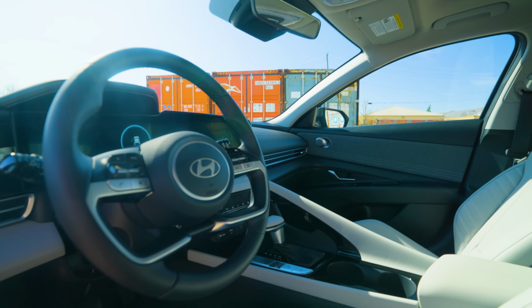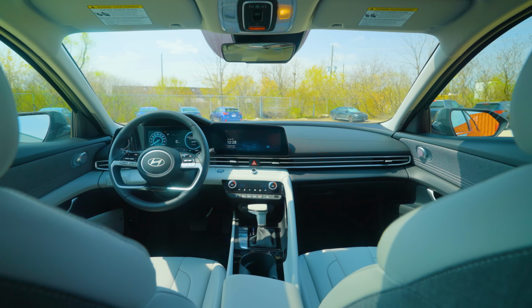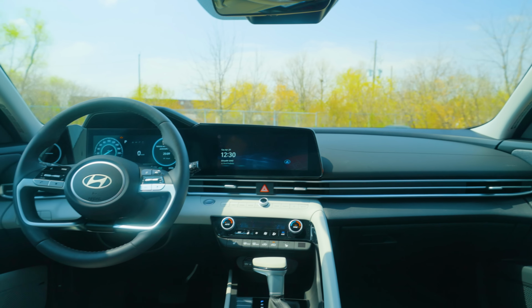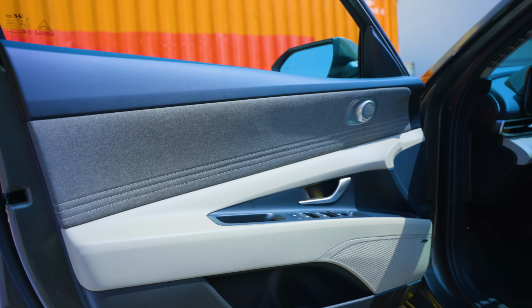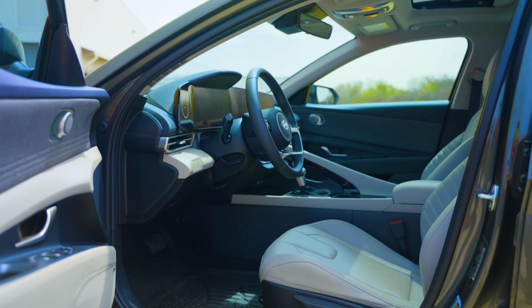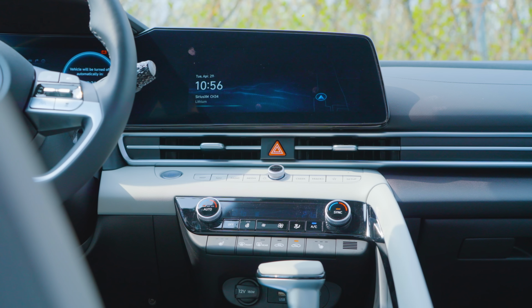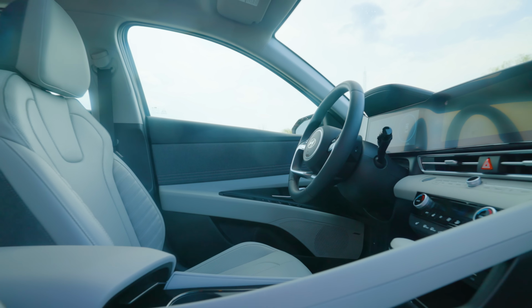There are a lot more materials and colors in that, but I think that is an advantage for the Hyundai because it just breathes a little bit of life into the cabin. Sure, the wool-ish material only looks like wool on the door panels and you probably don't want to touch it. But again, it's visually interesting. And Hyundai is one of the leaders in the market as far as I'm concerned in terms of playing with